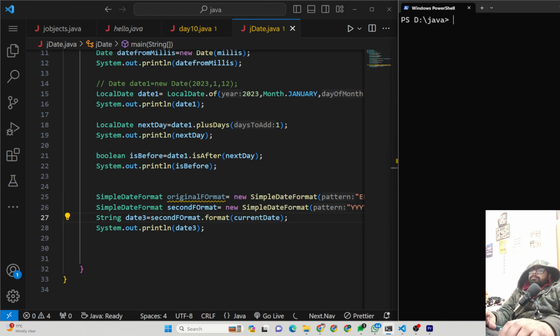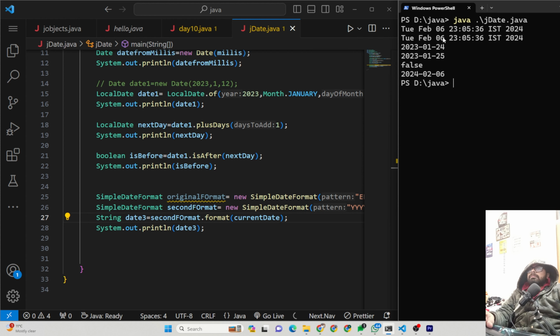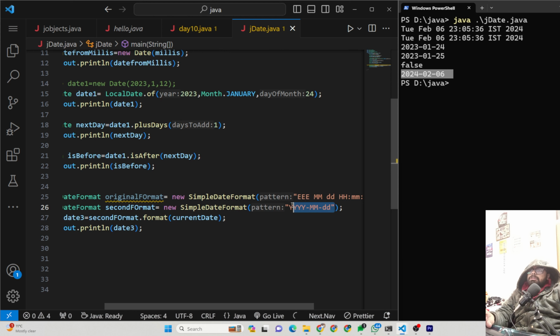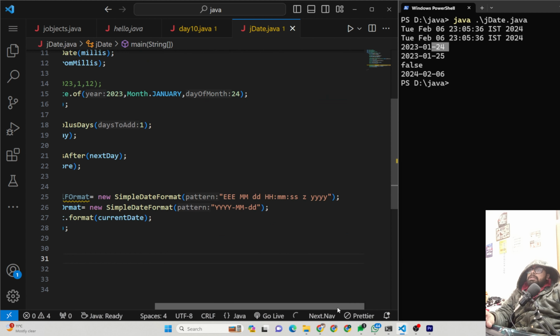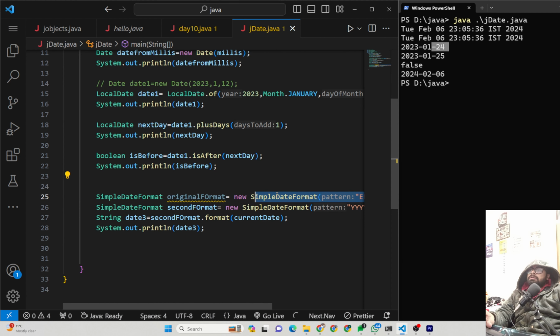Yeah, see, this is the current date, and it is converted into number format because the second format was this one, and this is date1. I want to convert it into another format. This one, like